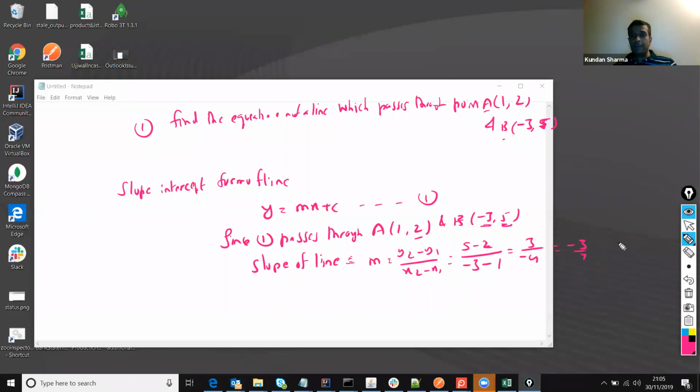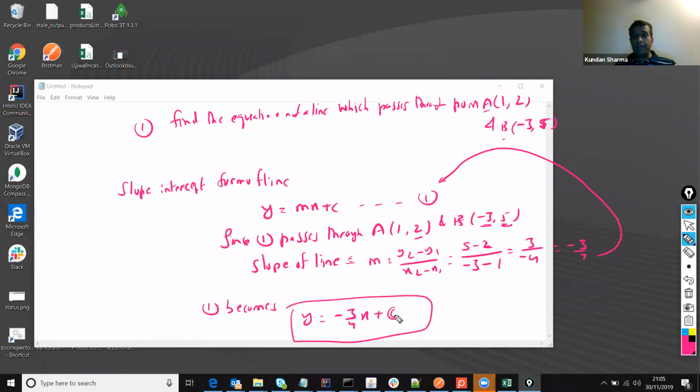So now we'll substitute this into 1. Now the equation of the line becomes, now 1 becomes, I'm also showing you the working. So 1 becomes y is equal to minus 3 by 4 x plus c, right? So we have managed to find out there are two unknowns, m and c. We have managed to find the value of m, but the value of c we are yet to find. Right? So we know that because this line number 1 passes through